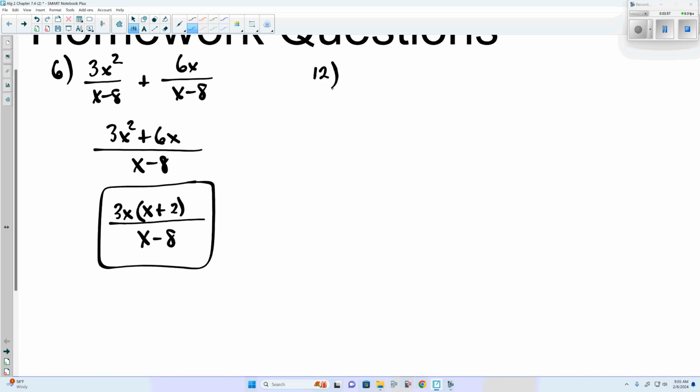12. We want to find the least common multiple of 24x squared and